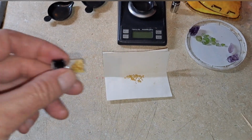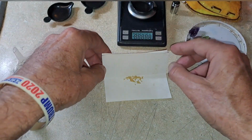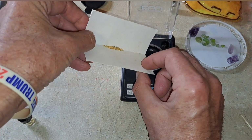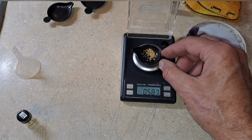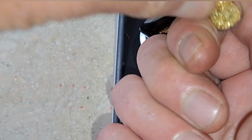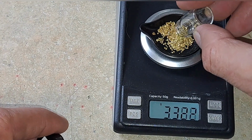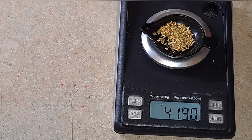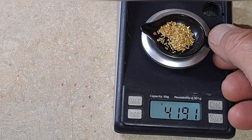So we will add this to our vial of Lynch gold here. We're going to take a look and see first what it weighs all together. And there we have it, 0.587 grams. We'll just go ahead and dump the rest of this in and see what our total Lynch weight is that I've got. So there we go, 4.190. So that's a nice little amount of our